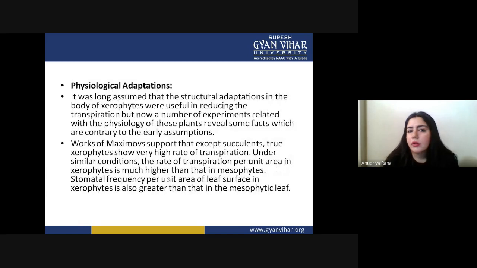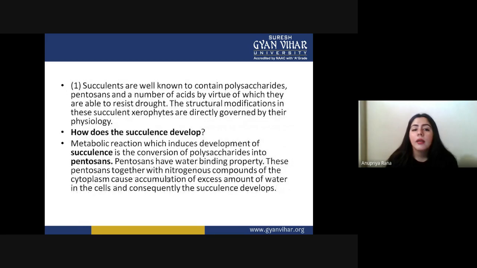These are all the anatomical adaptations. Now this is the last one, physiological adaptation. Physiological adaptation is basically what kind of functions these plants perform to live inside harsh conditions. Most of these we already studied, but just take a quick look. Like the very first, the rate of transpiration is very much reduced in xerophyte plants. That is a major point: if the rate of transpiration is less, then the plant can survive in the xerophytic condition.